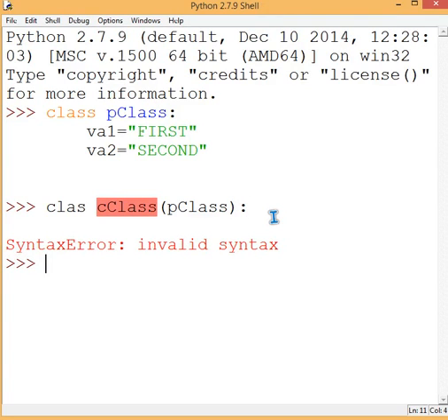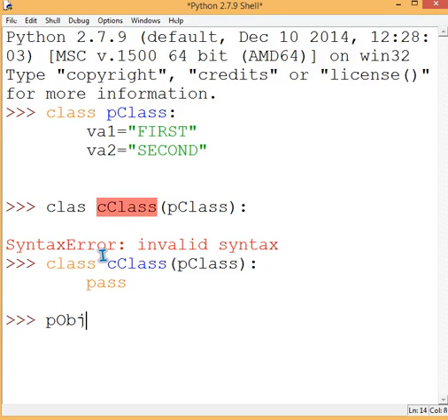So we will not write anything. There is a mistake, make it class. If you don't want to write anything, you may just write pass. You don't want to define any variable, that will be fine. Now we'll make an object of this class, pobj. This will be the object of the parent class.